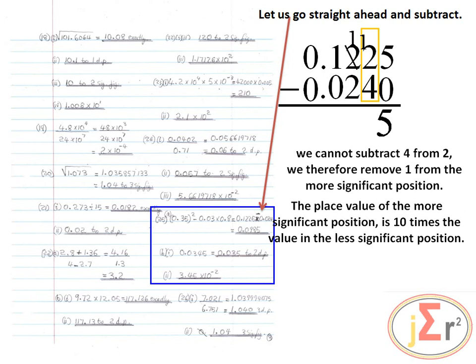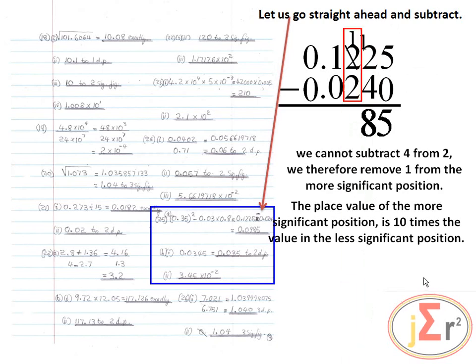But because of its appearance, it is easy to say that 1, 2, that it is 12. So we'll say 4 from 12, when it should really be 10 here and a 2 here. So 10 plus 2 is equal to 12, and we say 4 from 12 is equal to 8. So 8 goes there,